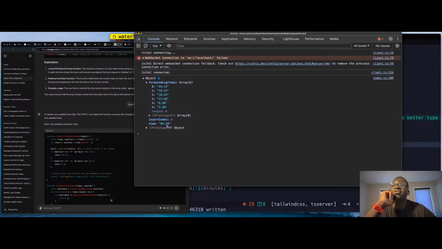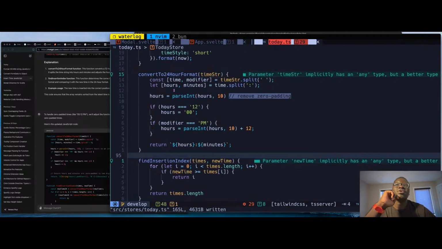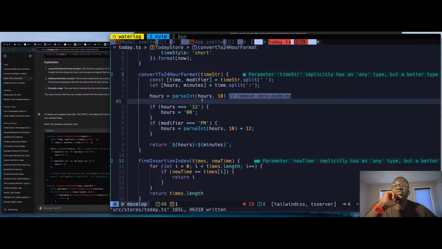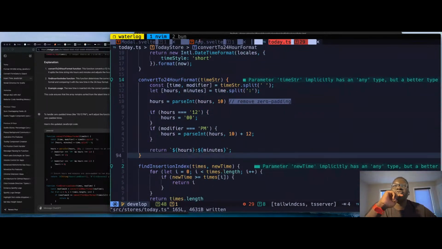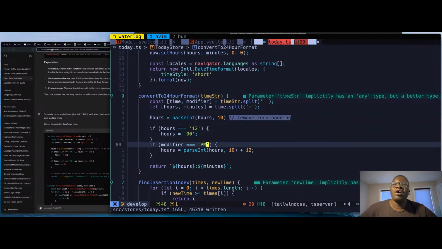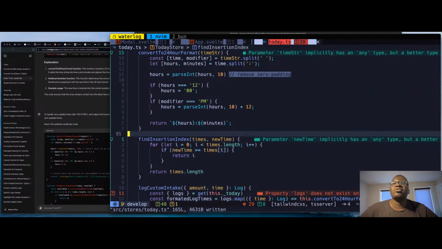Maybe this needs to actually be not in conversion, in passing. Because I'm not converting this to 24 hour time. Okay, yeah, either I convert this as well, or